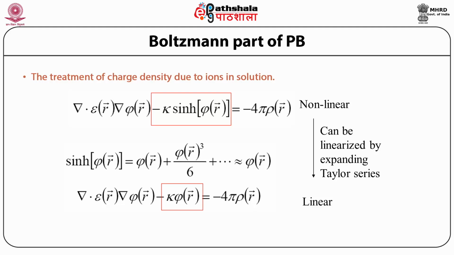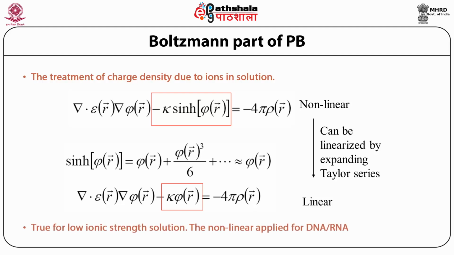where you have strong electrostatic potentials, that is ions, and they do change their effect, like in DNA structures, one needs to use the approximation, not the linear one, but a few more steps, like using the psi of r cubed term or maybe a little higher as well. So this is the introduction of why the charge density has different values; we can make a little tilt on it. For a low ionic solution, certainly it is linear, but if you apply it to, as I said, DNA or RNA, the non-linear part has to be introduced.